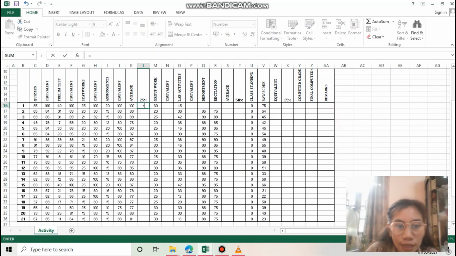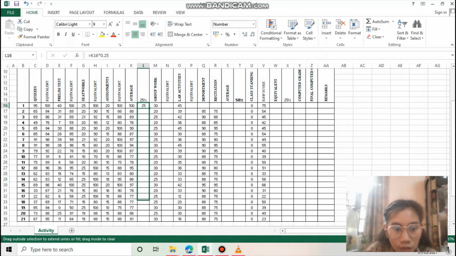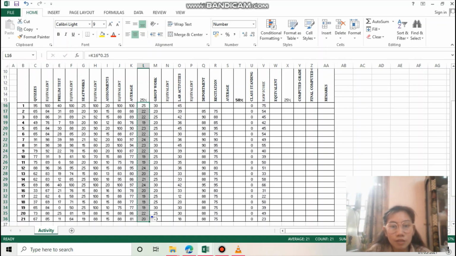So for the percentage, it's easy. Click the equal sign and then click the average of written output and multiply it by 0.25, which is equivalent to 25%. Click enter, and then if you see the plus sign, you need to drag it down and that's it. That's the percentage